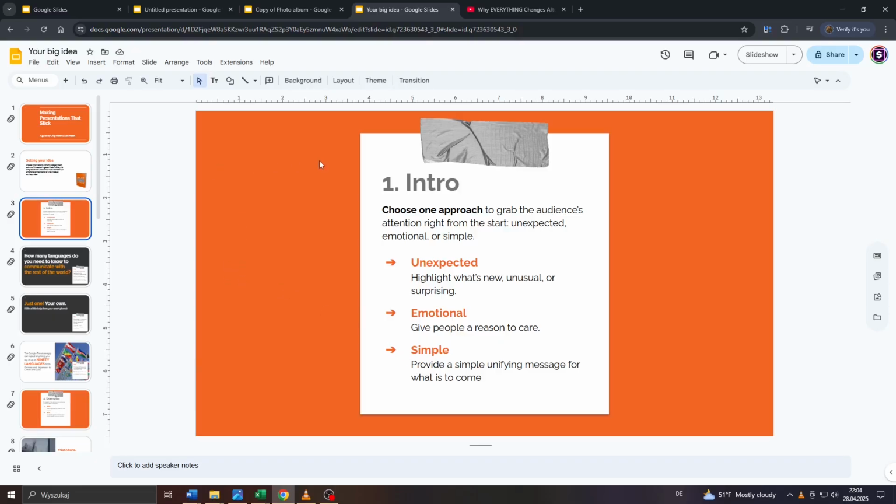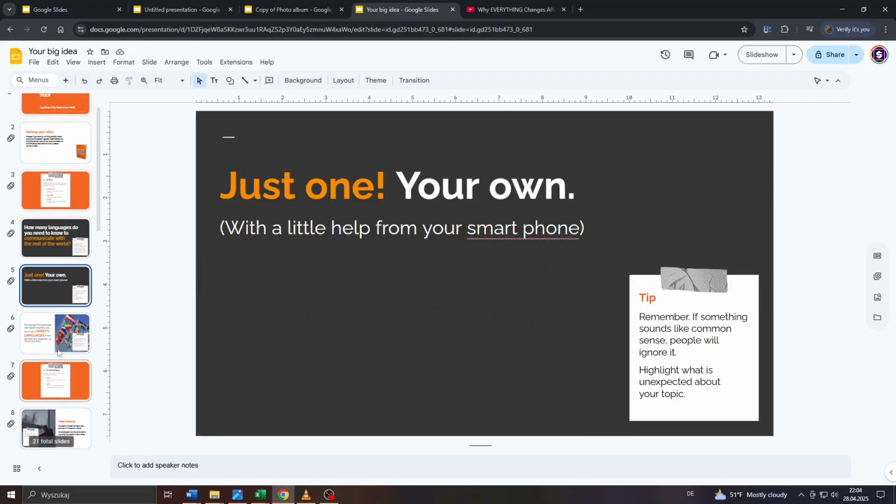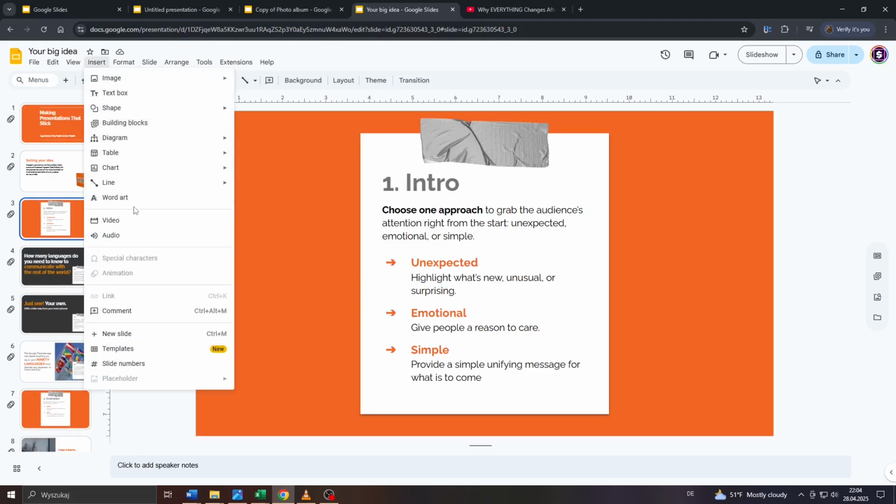Now doing this is actually super simple. You can do that, for example, by selecting your slide in the first step here on the left-hand side from your presentation. And let me go, for example, with that slide here. So what you want to do, guys, is click on Insert here at the top and select Video from that